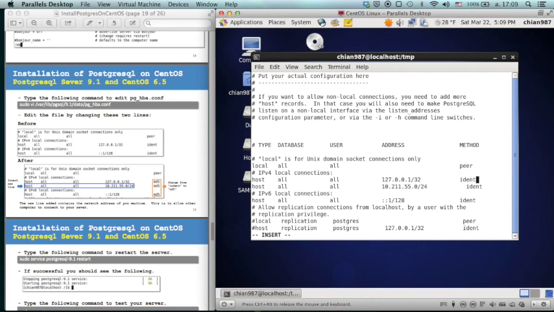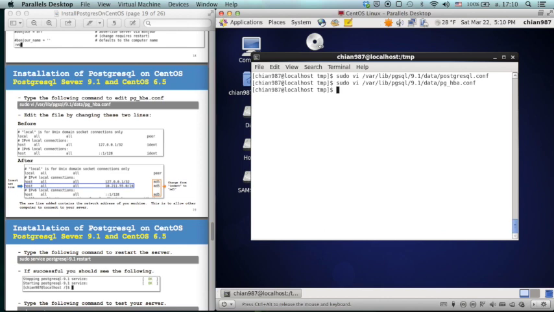Change this into md5. This also. Okay, you do this to allow all the computers on the same network, I mean the local network, to access this server. Now save. You press the escape key :wq,